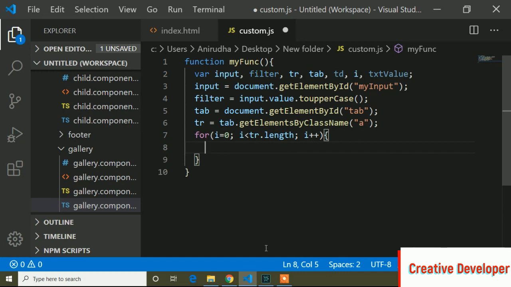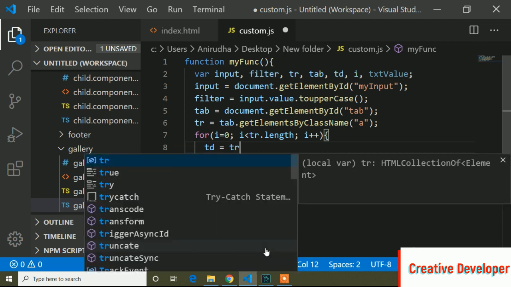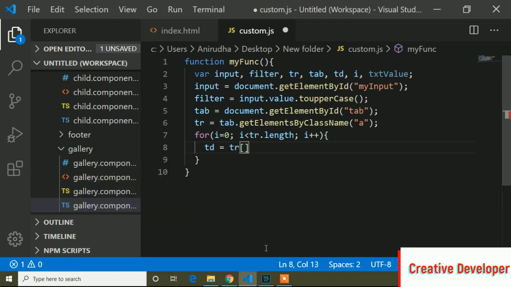Here I will write td equals to tr[i]; semicolon. So inside this td variable I have assigned tr i, which is looped one by one.